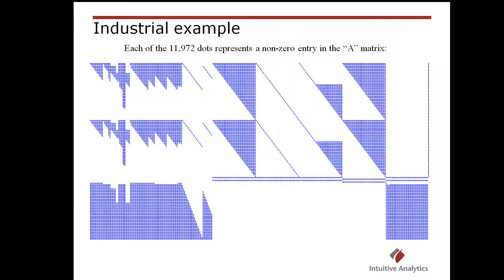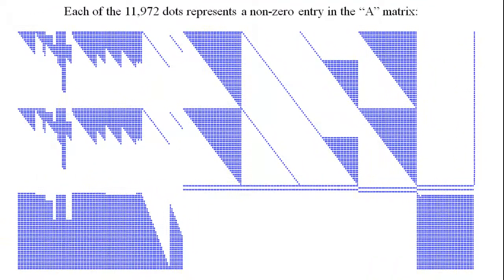Wow, that's quite an A matrix. Yep, that's an A matrix with almost 12,000 non-zero entries. I think in the example we were working with, there was something on the order of maybe 10 or 12, something like that. Yeah, these problems do scale up pretty quickly. And